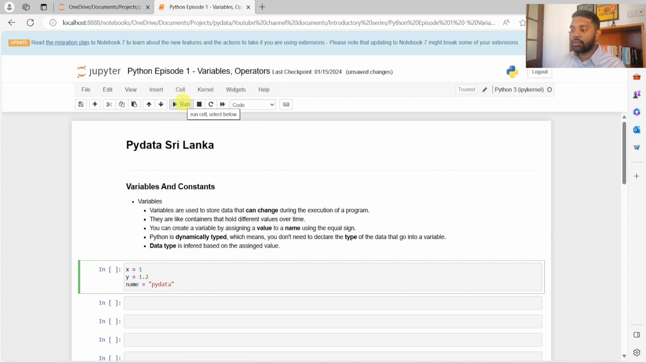If you hover over it, you see there is a shortcut for it, and that is Shift Enter. So I'm going to use Shift plus Enter, then it will automatically execute. Now we have declared the variable. Now we have told Python, look, there are going to be three variables, x, y, and name,